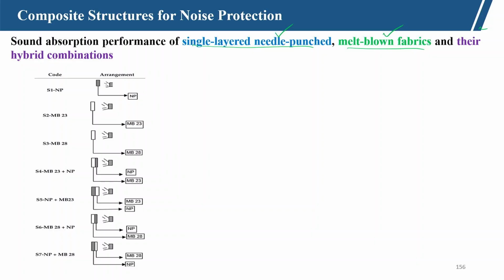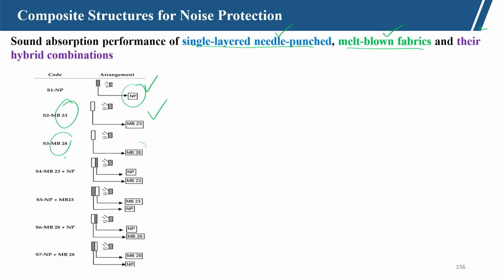This is only needle punch. So, S1 is only needle punched, S2 is melt blown with 23 screw speed rpm, and S3 is melt blown,